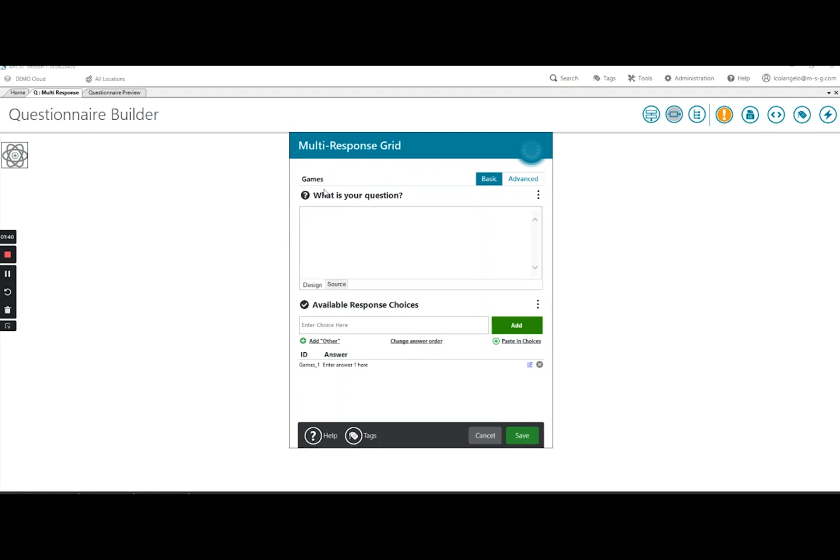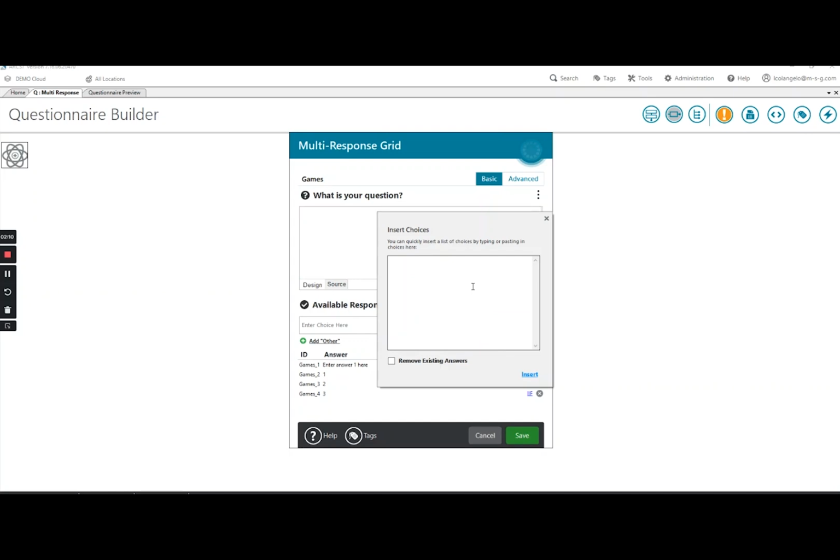I also recommend if you're doing a multi-response, try to keep this as short as possible so that you can see what's after this. You do have the ability to rename this part as well, and you'll see that in a second. You could type in any question and add answers like 1, 2, 3. That's fine. You also, like with the get response, have the ability to paste in choices. So if somebody gave you a Word document with a bunch of choices or a bunch of brands, you could